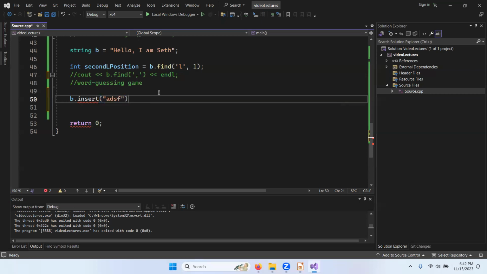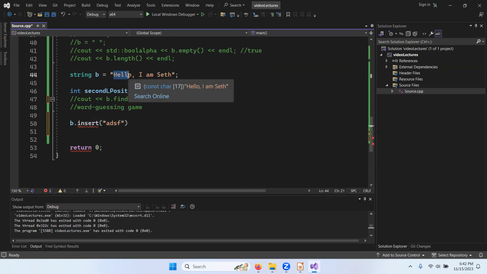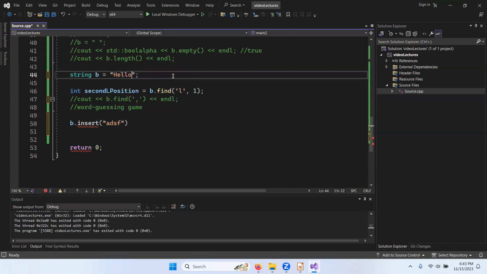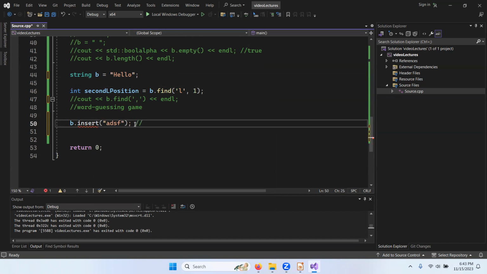Can we just say insert ADSF into the string B, and let me just change it back to hello. So maybe this to a human obviously means insert the text ADSF at the front of the string like this to make this. Maybe it means insert at the back, which is similar to an append operation. But yeah, so it's interesting. Let's go back to, I think we were on